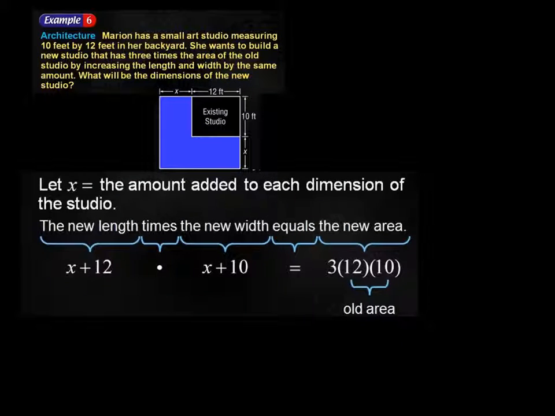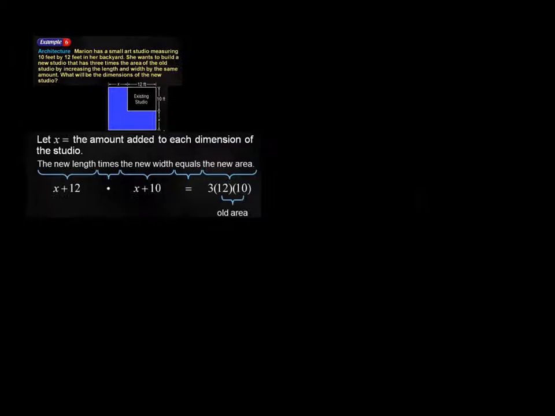We like x for a variable, so they let x equal the amount added to each dimension of the studio. So the new length would be x plus 12, the new width is x plus 10, and they want the new area to be 3 times the old area, so 3 times 12 times 10. So let's clean that up. We have x plus 12 times x plus 10